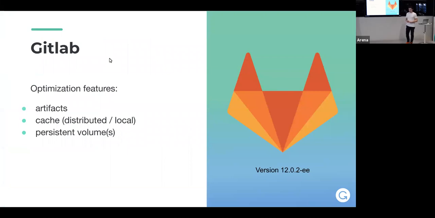Now, my talk is about 3 build tools. So first build tool I'm going to cover is Gitlab. Let's cover what Gitlab has to offer, and then maybe we'll see how to use those offerings by other tools like Gradle and Docker. So Gitlab has 3 optimization features, and